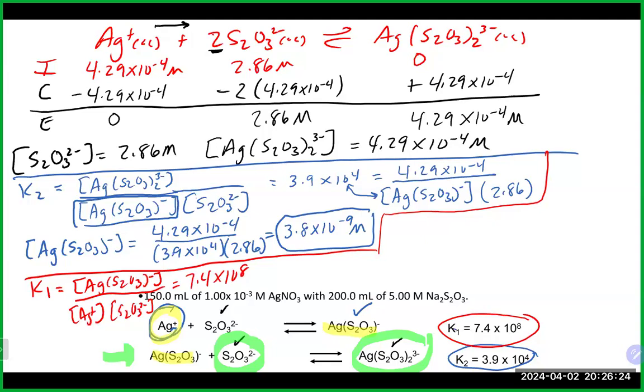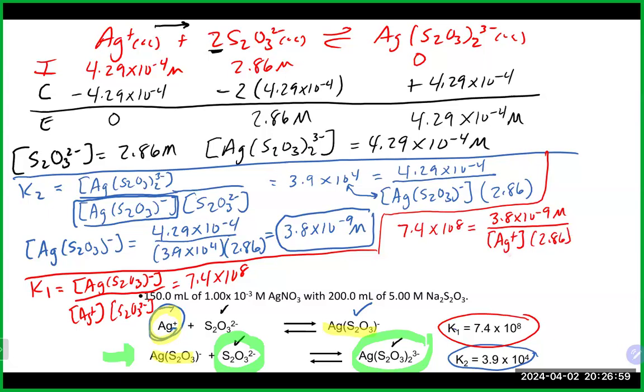Once again, here we are writing our equilibrium expression based on just the first step, not the overall reaction. So just the first step, which is again why there's no squaring of anything. And we can do that because now we have all those numbers. So 7.4 times 10 to the 8 is equal to 3.8 times 10 to the minus 9, which is what we just solved for, divided by the silver concentration, which is what we're looking for, and our